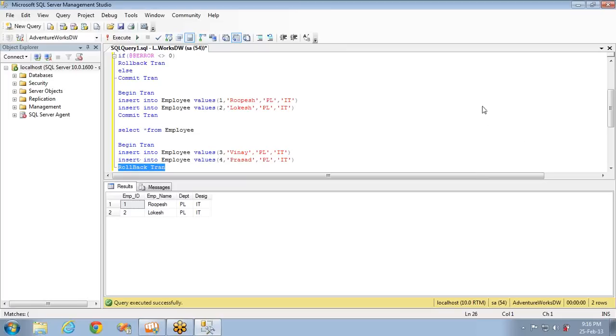Whatever queries are present in the middle, let me show you here. This is the ending point, rollback, where I specified. And it will take you to the starting point, that is begin transaction. That means it will roll back to the starting point. So whatever queries are present in the middle will have some output, right? That output will be reverted. That will not be applied to the database. These changes will not be updated in the database. So that is the difference between commit transaction and rollback transaction.